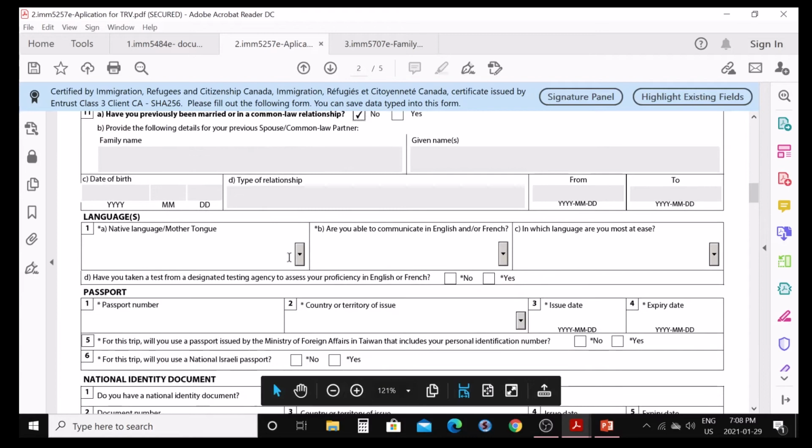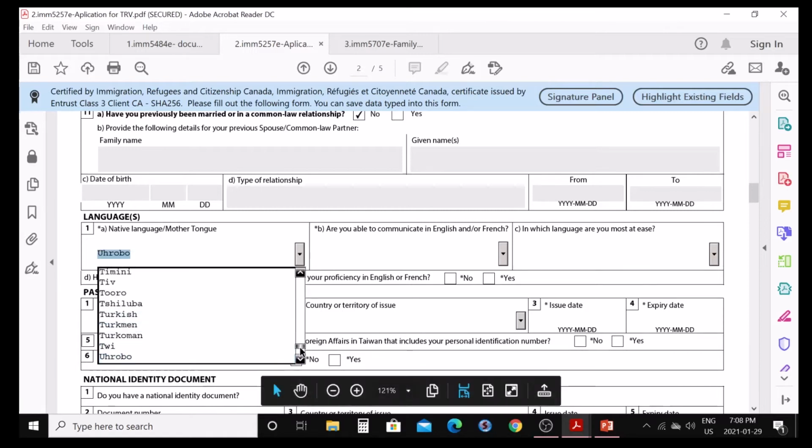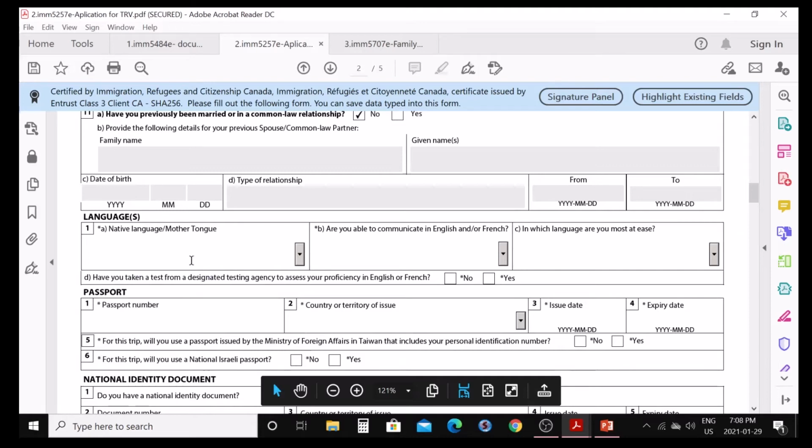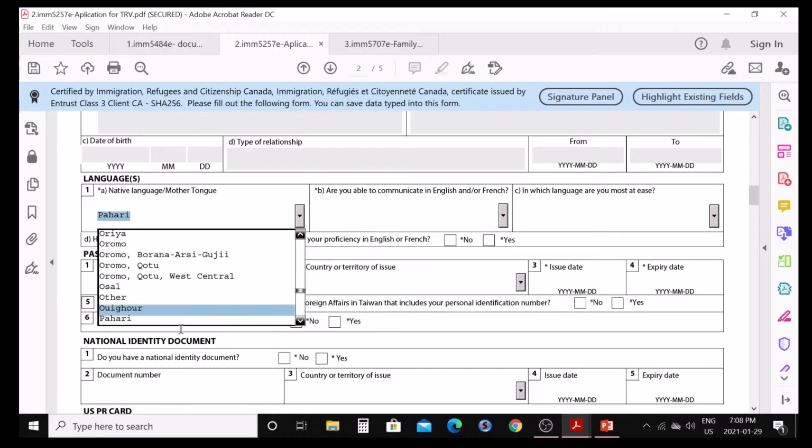Next is native language. What is your mother tongue? So you can go for Punjabi here. I think we need to select here, so I will type P and go a little bit down, and I will select from here.